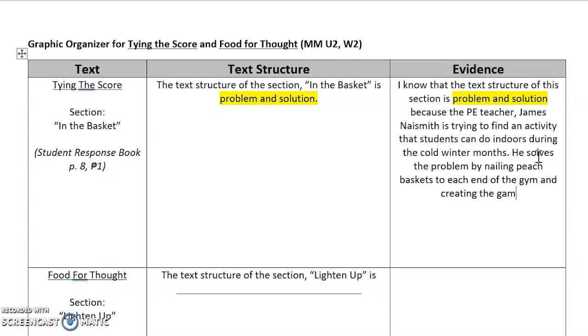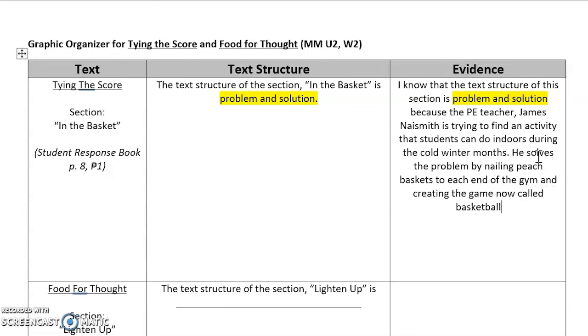Now I need to complete this part where I provide some evidence to support my thinking. We've given you this language frame here to start your response. I know that the text structure of this section is, so I am actually going to fill in problem and solution here. Because